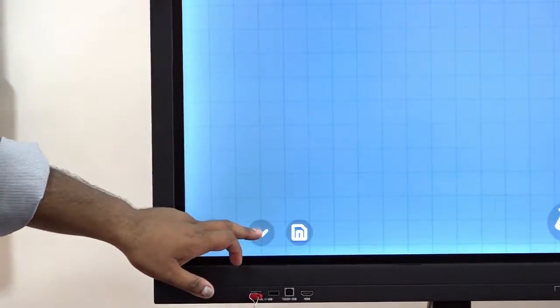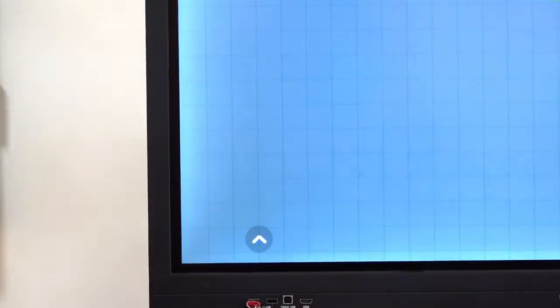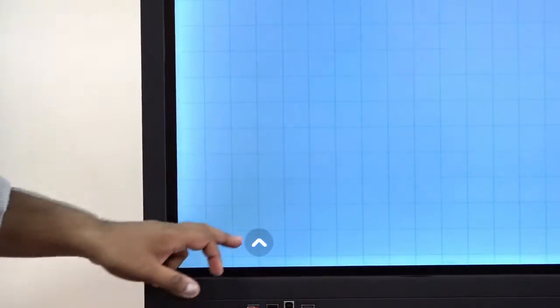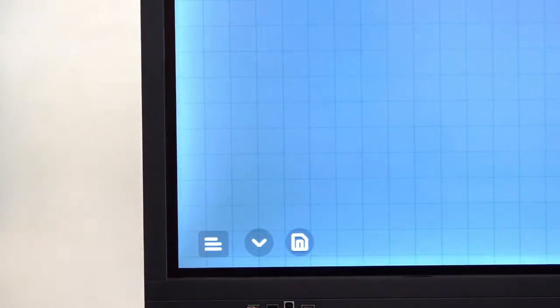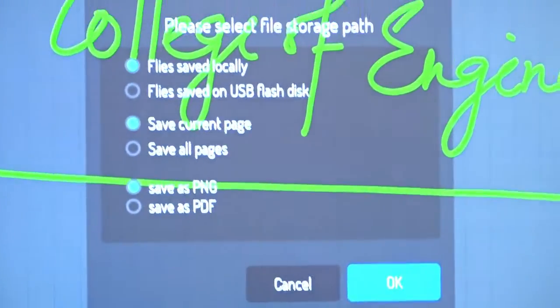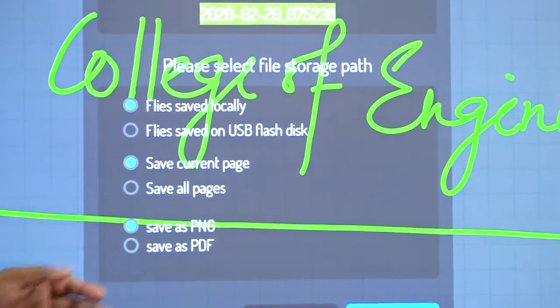Now if we click on the second thing, it is the arrow. It is the hide toolbar option. Whenever we are clicking on that, the toolbar is hidden, and whenever we are clicking it off, then the toolbar is shown again. After that is a very recognizable save option, right? So the save option we can use to save the document that we have written.